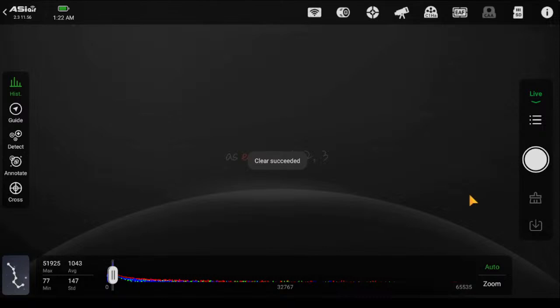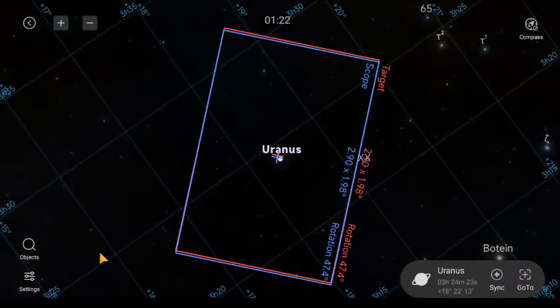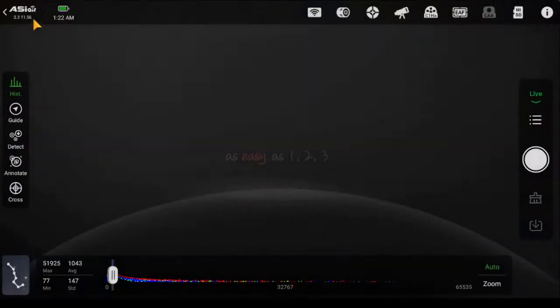Clear any old data. I think we're locked in. Looks like it. Yeah, we should be. The ASI air doesn't align planets very well. All right, let's start recording because the planet is going to be so small. It's going to be a tiny little dot on the screen. I'm going to have to do some jumbotron in here. So let me see here. What was that? Control Alt and drag, right?